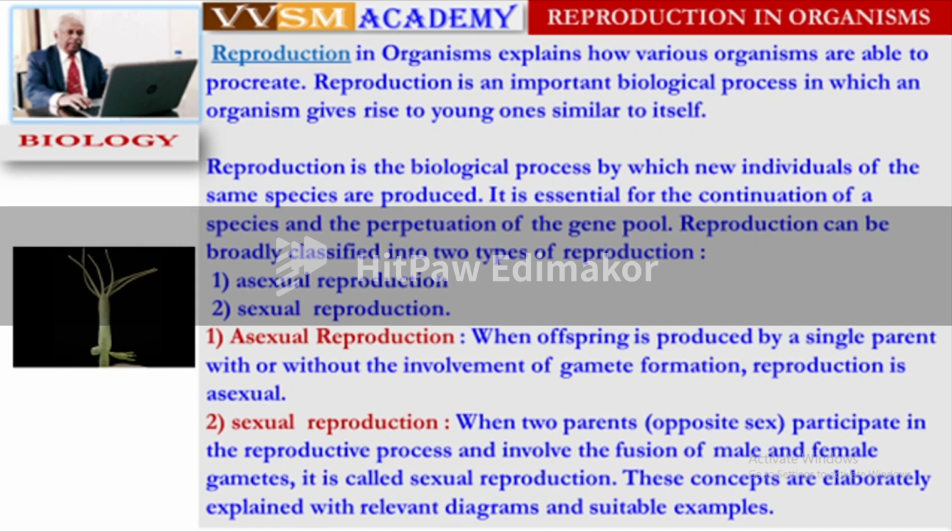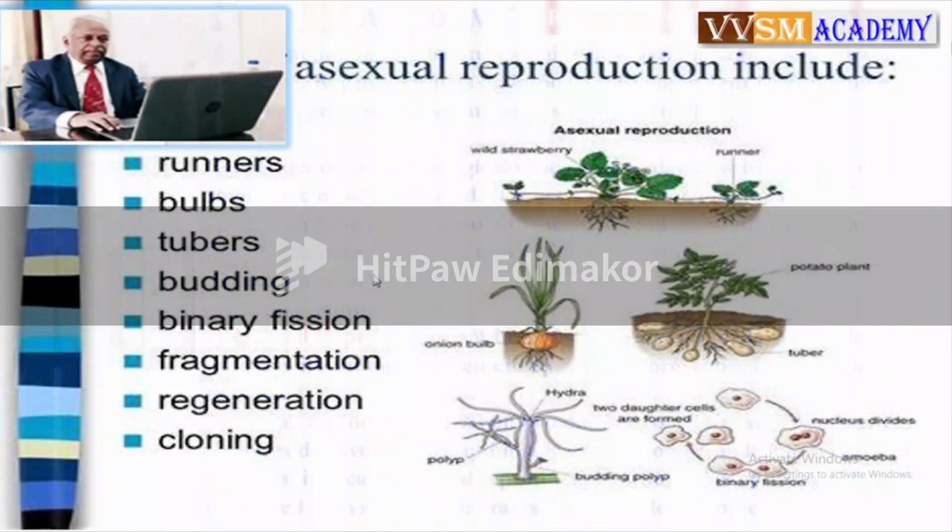My dear friends, this is the Hydra, asexual reproduction, and other things we will explain in detail. Asexual reproduction includes runners, bulbs, tubers, budding, binary fission, fragmentation, regeneration, cloning in the plant kingdom. You know, my dear friends, asexual reproduction is